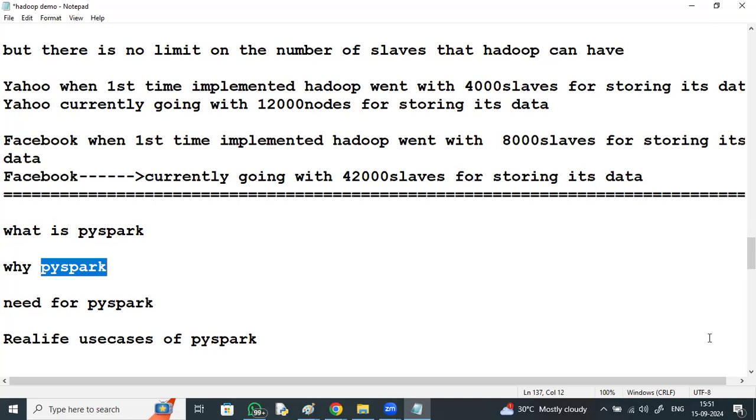Real-life use cases of PySpark: it is mostly used in the commercial sector. Apache Spark is used for real-time processing in banks and financial fields. Spark is used to retrieve customer social media information, plays a significant role in fraud detection, and is widely used with machine learning tasks.